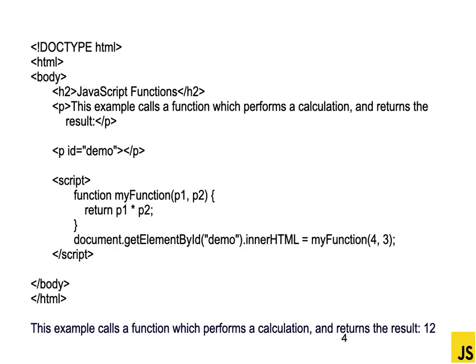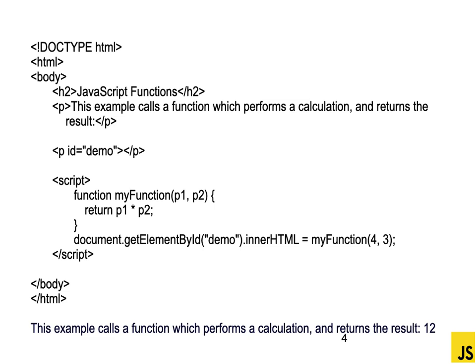In our script, function myFunction(p1, p2), that is a function definition. The function keyword is followed by the name of the function, that is myFunction, followed by arguments inside parentheses, p1 and p2. The body of the function contains only a single statement, that is a return statement. So return p1 * p2, that means p1 and p2 values are multiplied together and that value is returned back